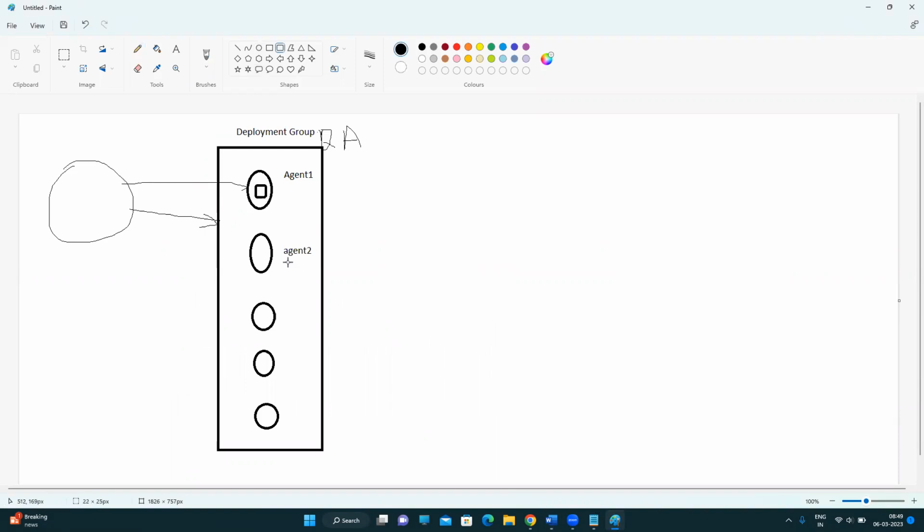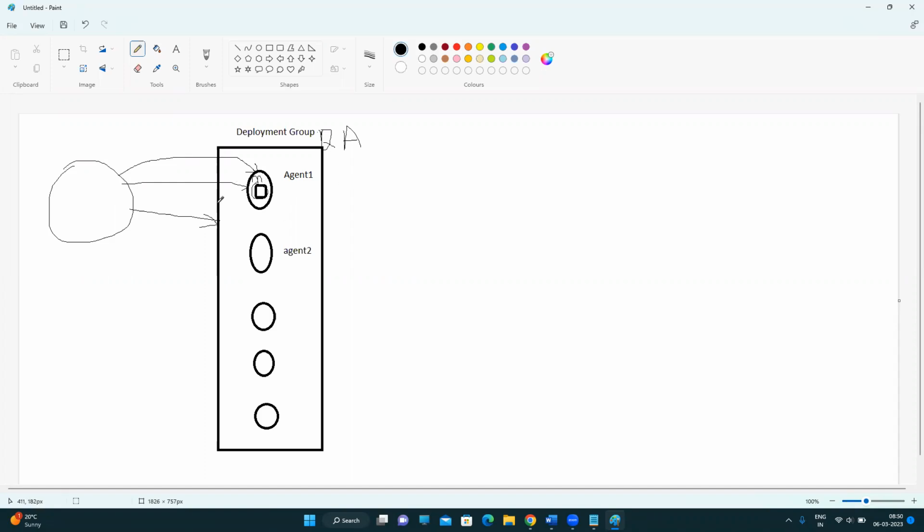Now if you deploy your artifacts to your agent, what is the mandatory thing to run your application? You need Docker. Container means Docker, right? So your Docker service should be up and running before deploying these artifacts